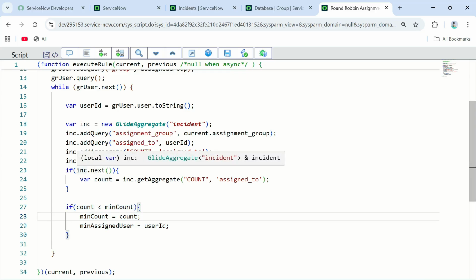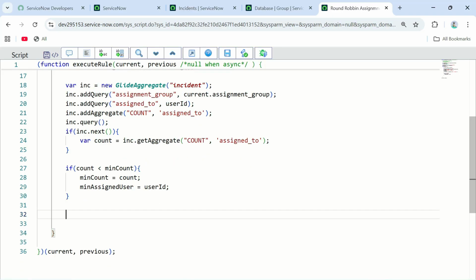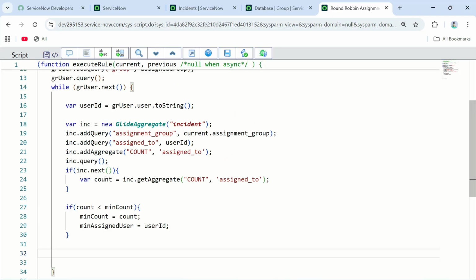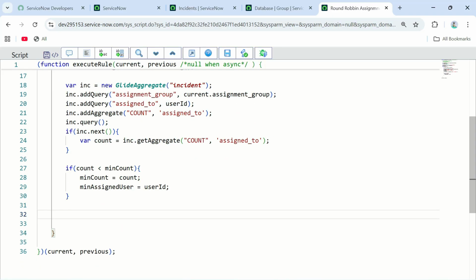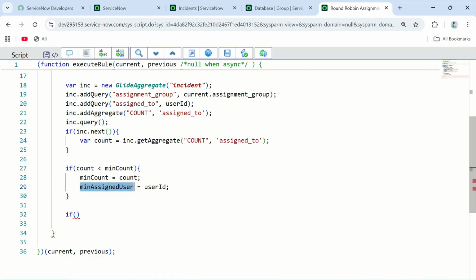And if someone is having less than 10, let's suppose 6, so 6 minus 10, it will go in the loop, and again the user ID will be that person who is having the 6 tickets. So when this loop iteration is completed, we will get the person who is having the minimum tickets. So I'm supposing this while loop will end here. So if we get our min assigned user,